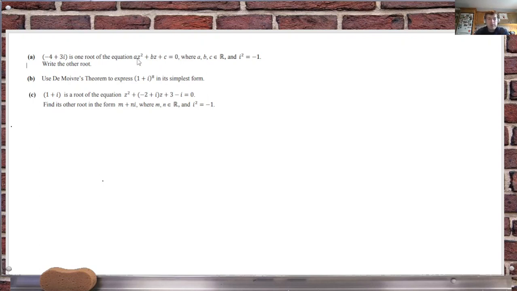Great. Because these have real coefficients, the conjugate root theorem says that the conjugate is the other root. So minus 4 minus 3i. B,